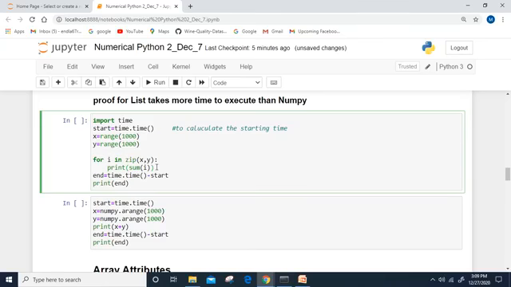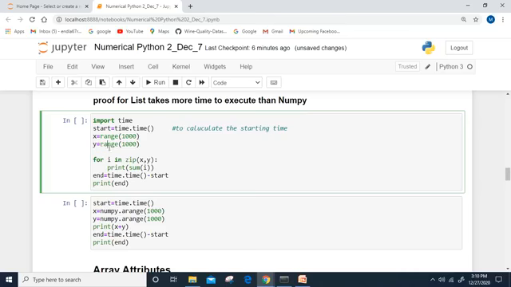Here I have taken a range function, and in the range function I have taken the range as 0 to 1000. I store that range into the variable name x. And in the same way, I have taken one more range function with the range 0 to 1000. I store that into the variable name y. Now I am going to take the summation of x and y, whatever elements I get, I am going to take the summation of that.